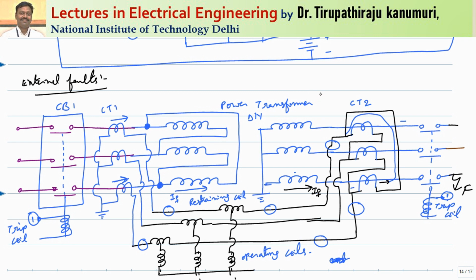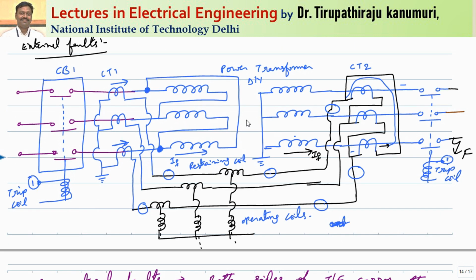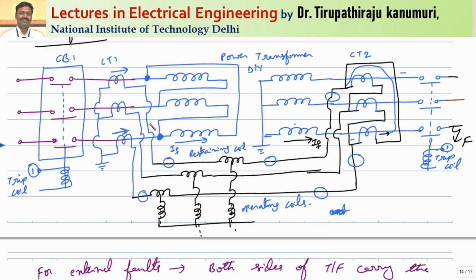But there is a disadvantage of this percentage biased differential relay. The disadvantage is that if there are internal faults, that means some inter-turn faults or small incipient faults, generally the effect of small incipient faults is very little, and because of your restraining coil, for small differences it will not operate, because the restraining coil and operating coil are designed to operate above some threshold only. So it cannot detect small incipient faults. It can detect only huge faults. For detecting incipient faults, you have to go for the Buchholz relay. So this is used for detecting severe faults where an immediate response is required.